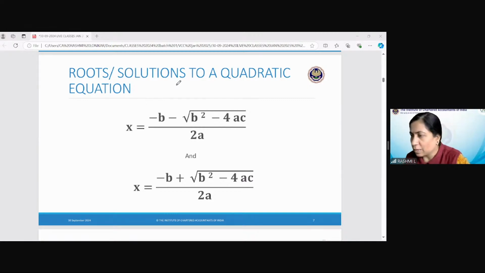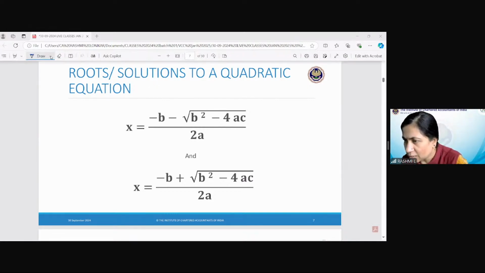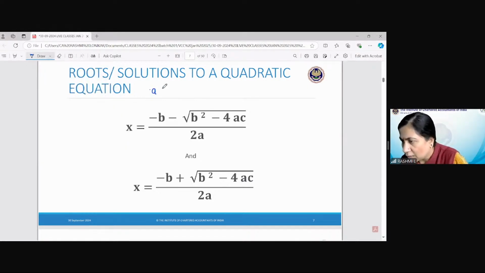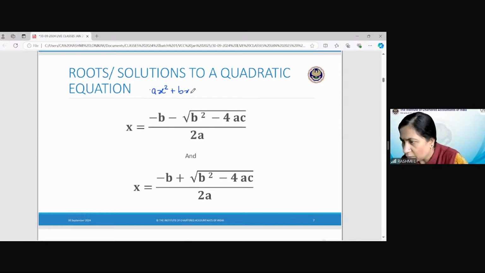Now, we know that the equation is ax square plus bx plus c is equal to 0, where a is not equal to 0. Then the solution to this quadratic equation is also called the roots. So x is equal to minus b minus square root of b square minus 4ac upon twice a, and x will be equal to minus b